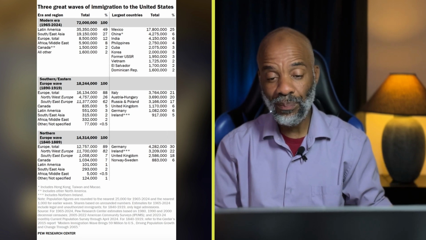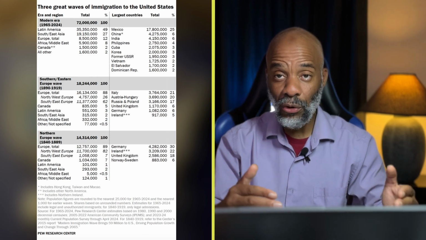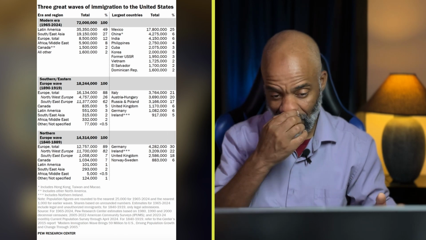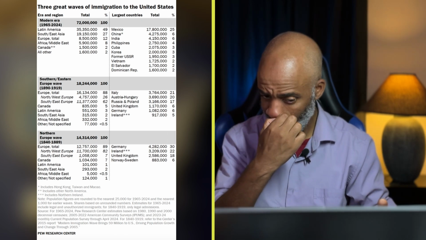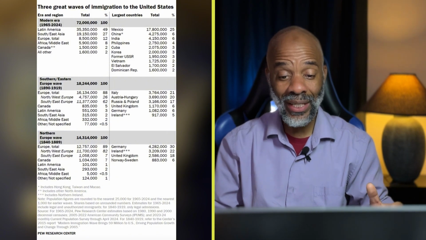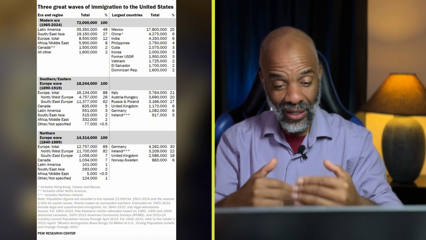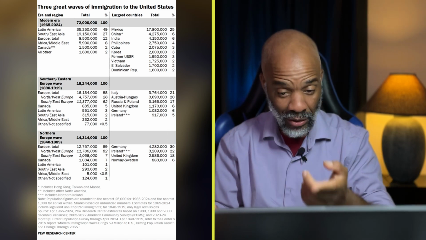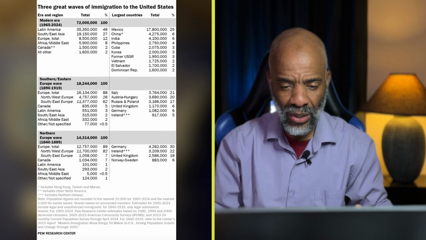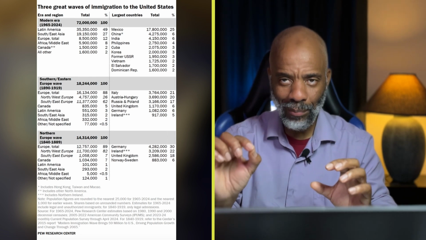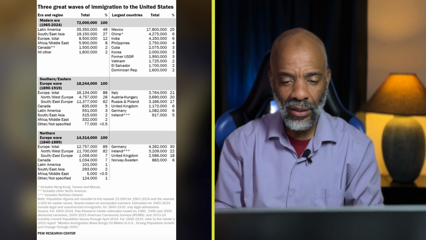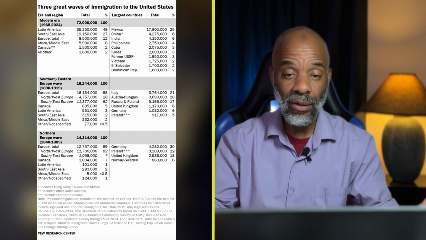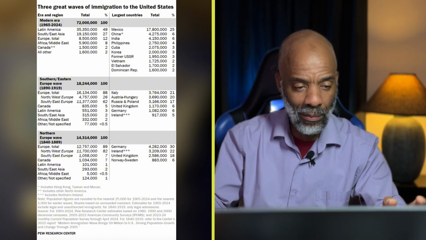Particularly North and West Europe and Southern Europe. The Eastern Europeans came in on the second wave, as you can see there. This is how the country was set up. As you can see, there were still people from Latin America, Asia, Africa and the Middle East, but the numbers are very, very low. Those people must have been carefully handpicked to come into the country. And then you have this modern era of immigration, as you can see right there on the top. Let's zoom into that.